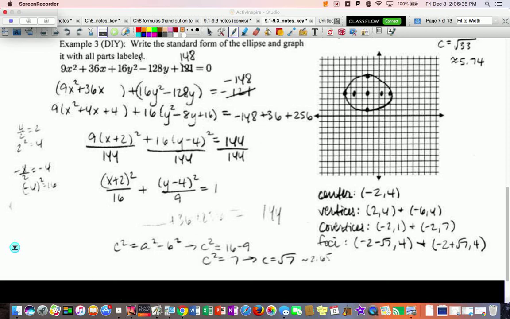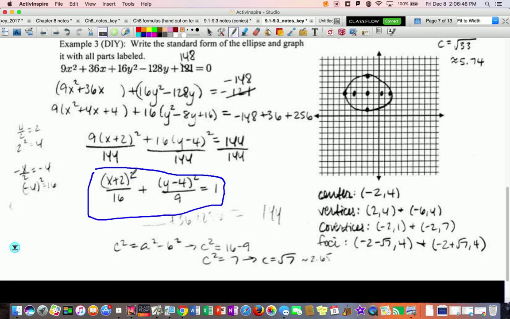So here's your graph, or your standard form should look something like this. Negative 2, 4 is the center. And then vertices are 2, 4 and negative 6, 4, because you're going to the left and right 4. Then you'll go under the y is the 9, so you're going to go up and down 3, and some